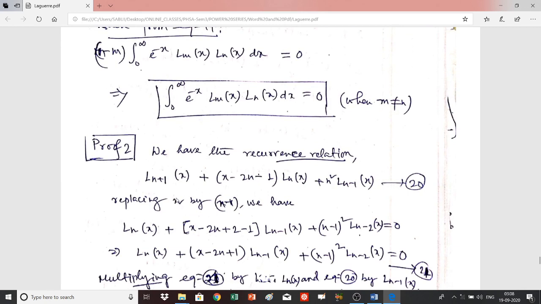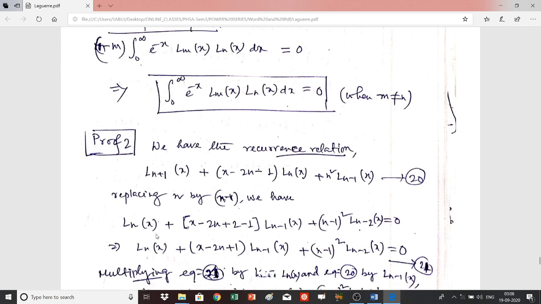So now replace n by n minus 1 in this expression. It will give you first term Ln x, then x minus 2n plus 2, because minus 1 is there, so plus 2, then minus 1 times Ln minus 1 x plus (n minus 1) squared Ln minus 2 x,